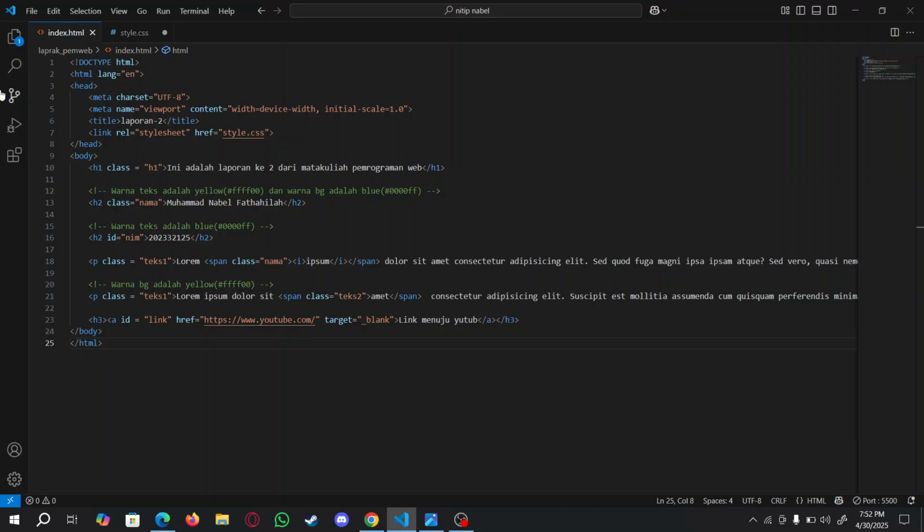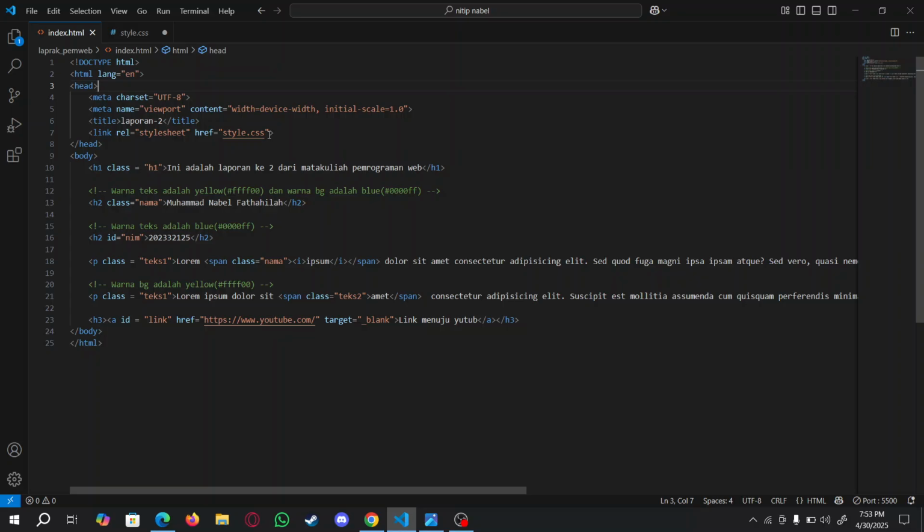Okay, so for now I will explain the HTML first. For the head section right here, I changed the last line. I added a new line to give a link to reference the style.css to make the HTML look more stylized.